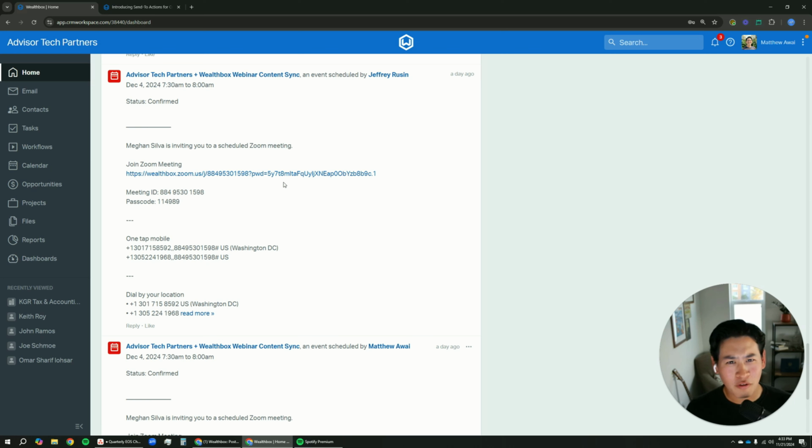Have you heard about that new workflow feature that Wealthbox just added to their CRM? Today we're going to be talking about the new feature that Wealthbox just added to their workflows and how you can utilize it to your advantage. This new feature is called Send to Action, and I'm going to show you here directly in your CRM